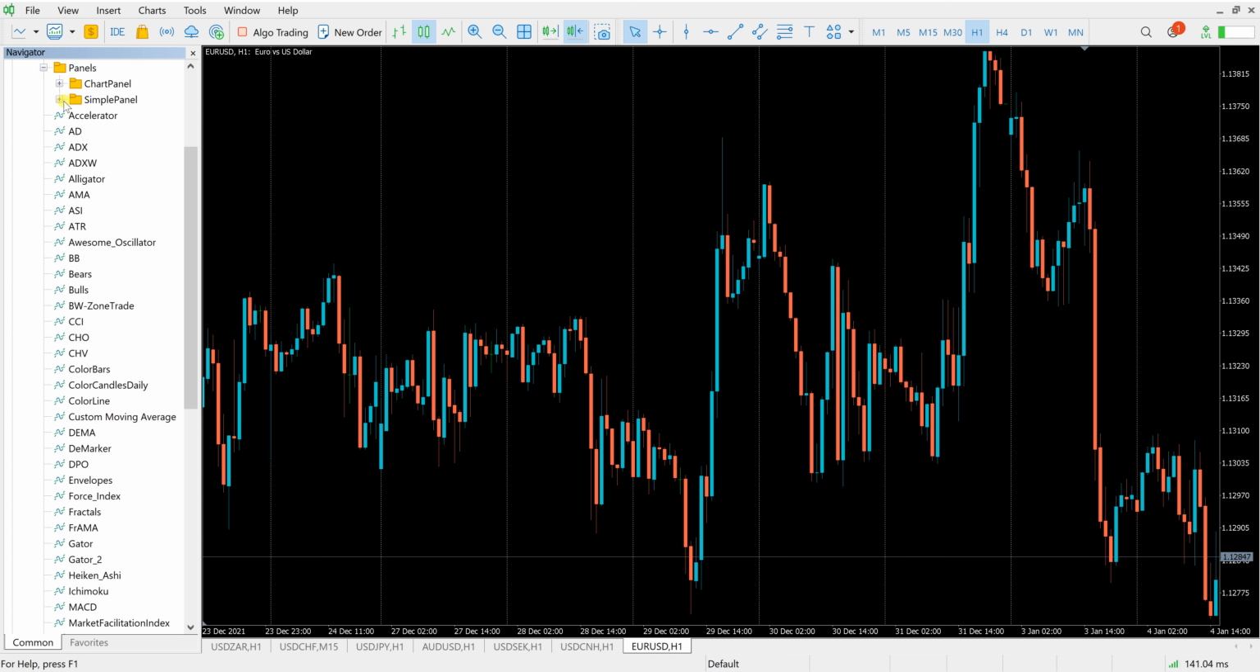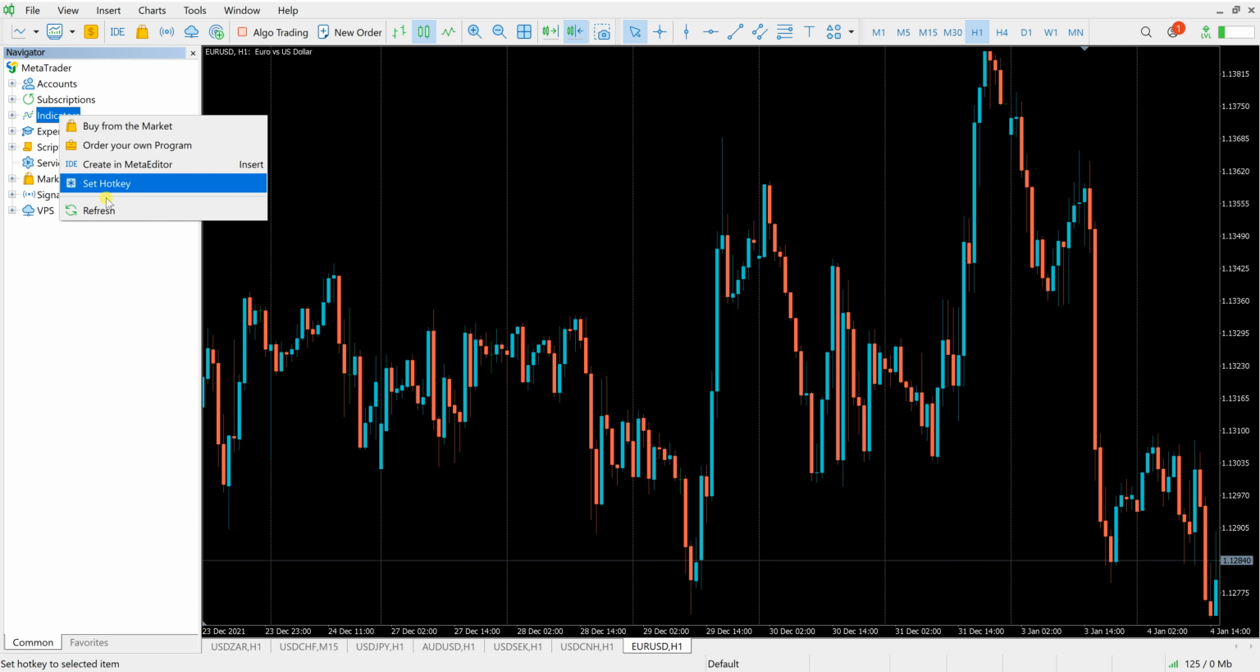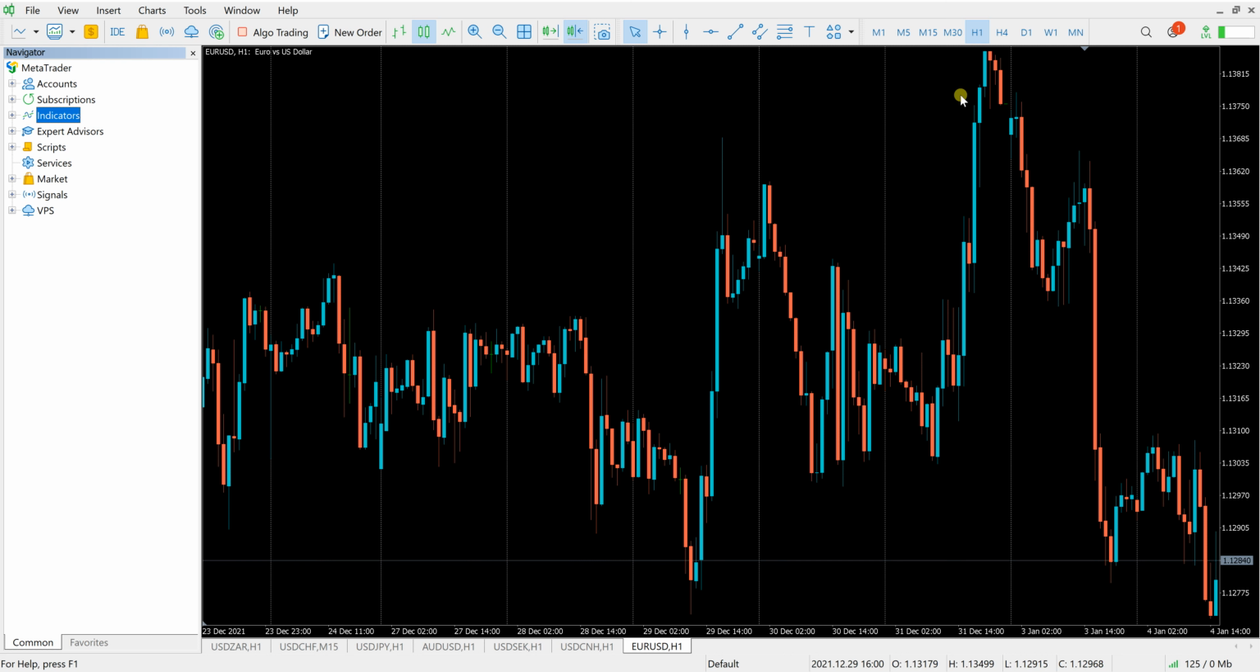So in order for us to refresh, we'll go to this indicator and right click, then we can see refresh. On refreshing this particular indicators folder, the indicators that we added are supposed to appear inside. But when they do not appear, the next option is for you to shut down this MT4 and then reopen it again. Let us see if they truly appeared